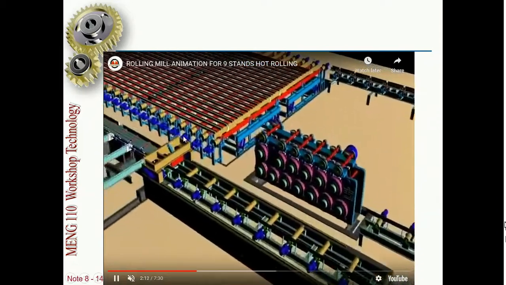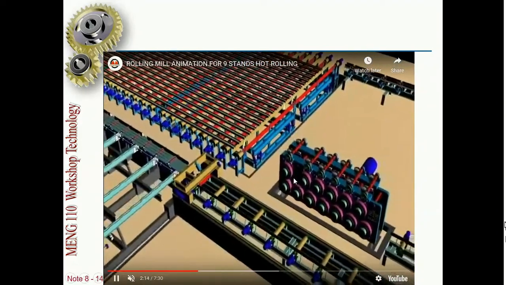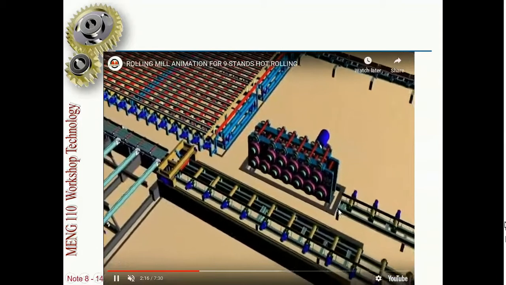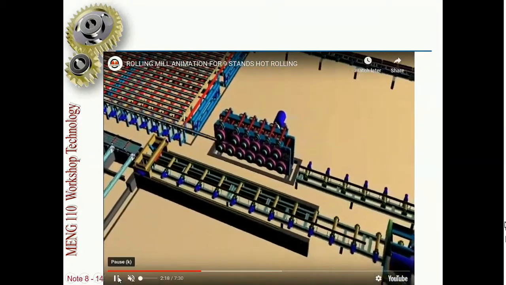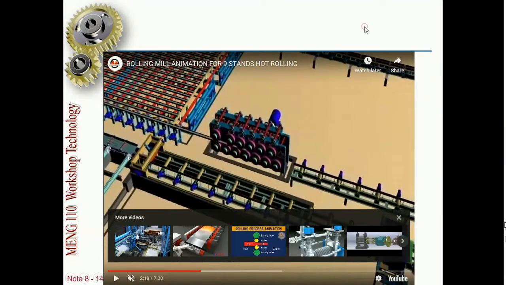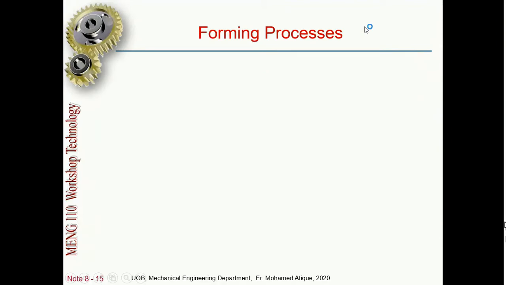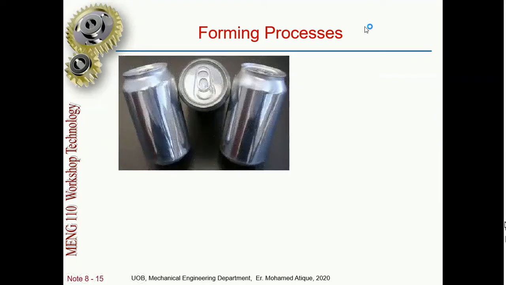You can see it is again passed through these rollers to get the final output. So this way the forming operation takes place. Such a shape is also obtained through the forming process from sheet metal.